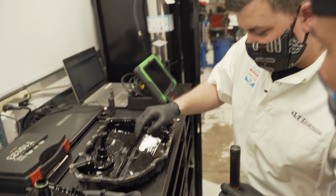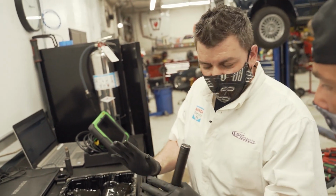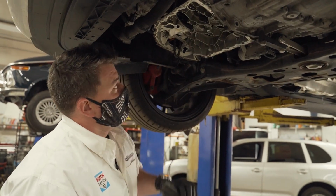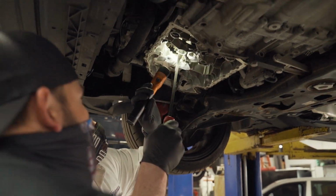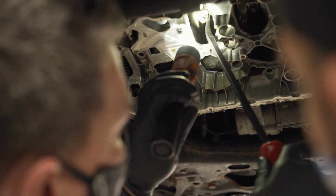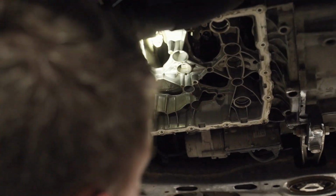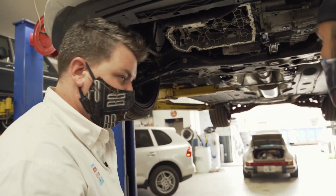So that's what goes on the main journals of the crankshaft, and that's what prevents the crank from moving in the block too much or excessively. How long do you think that's been down there? Well, so there's 2 halves of it. Okay. That's only the 1 half. Okay. So like if you look, or right here, the crank has a pretty significant movement. So like I said, the allowable tolerance, I believe, is 0.22 of a millimeter, but you have around 3 mil